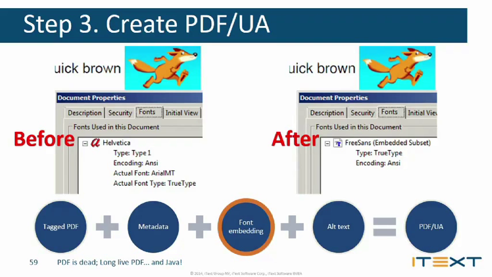So, before and after screenshots showing the document properties. On the left you can see we specified Helvetica, but it also shows that the actual font used was Arial MT. So it didn't use the exact same font as I used for creation of the file. Of course, these are similar or even completely the same, so it doesn't show up visually, but conceptually the same font was not used. On the right you can see we now have the Free Sans font, and it is embedded. It's the subset, the part of the font that was actually used, the characters used for this file, embedded into the PDF file.